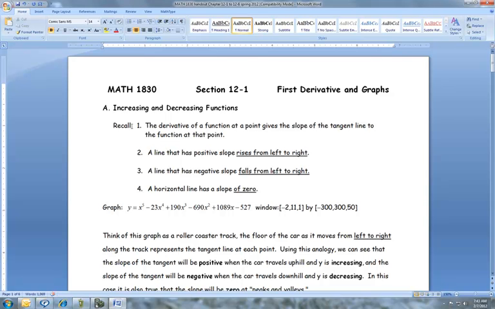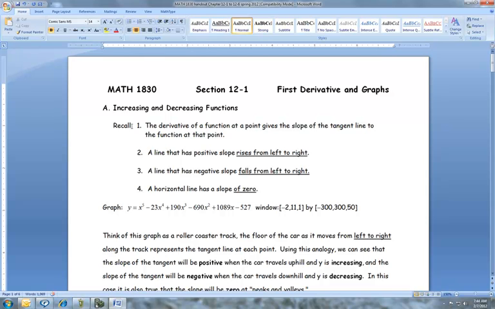Now we're going to start chapter 12. It is about the first derivative in graphs. So all the work that we have done in the past we use here. There's other pieces that we did that I'll pull in because in a way it all meshes together. First thing I need to look at is go back and